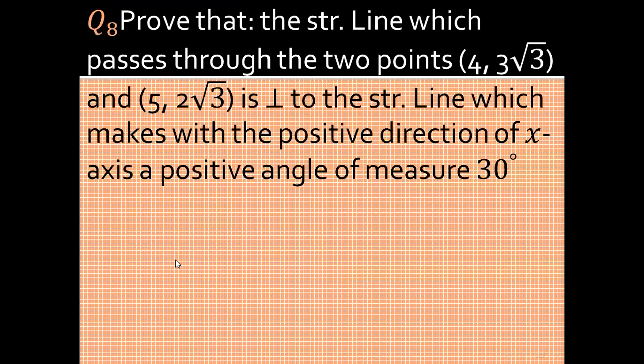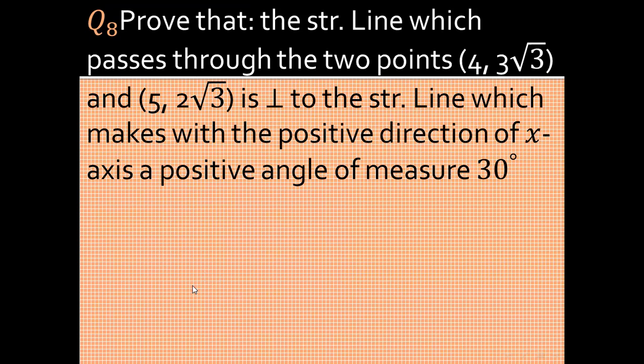Example. Here we need to prove that the straight line which passes through the 2 points (4, 3 root 3) and (5, 2 root 3) is perpendicular to the straight line which makes a positive angle measuring 30 degrees with the positive direction of the x-axis. What should I do? All we have to do